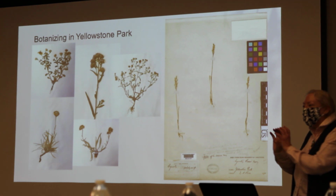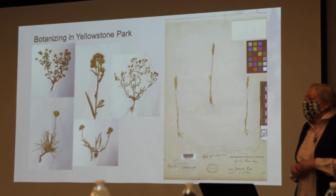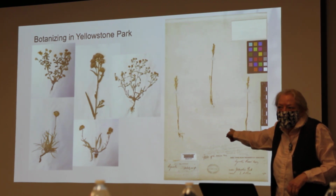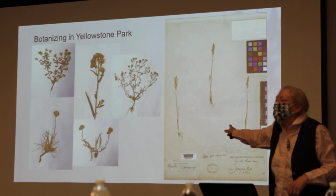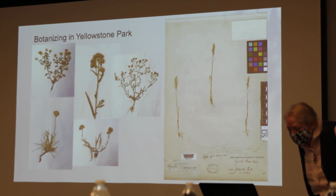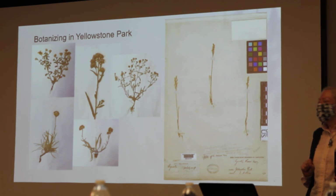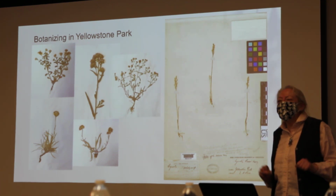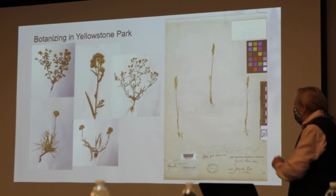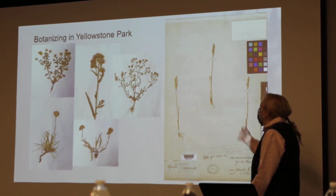Somehow, either through her sending it to him or however it got to it, George Vasey of the Smithsonian ended up with a specimen. And he looked at it, he said, it's a new species. It's an endemic species from the hot springs in Yellowstone. And he named it, guess what? Agrostis rossii. Rossii, which is basically Ross's bent grass. So she has this specimen named after her. Now, this is in the Smithsonian. You know, we do have